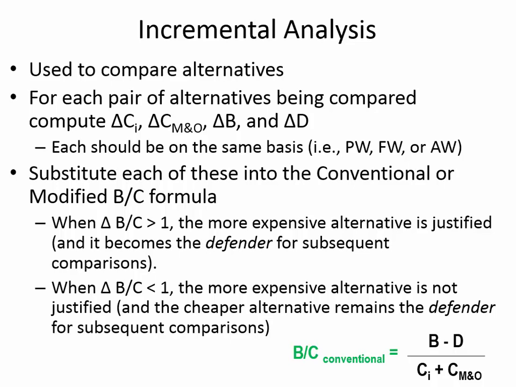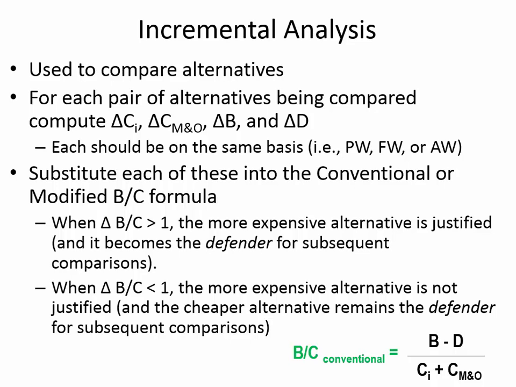It wouldn't work, it wouldn't make any sense if the initial costs were at the present and then the maintenance and operation costs were on an annual basis. We'd be adding money at different times. And we have to have all of the money at the same time before we can calculate the ratio. And the same is true for the incremental analysis. When you're comparing option A and option B, you need to take all of the costs to the same time before you can compare the two options. Okay, so we're calculating increments, taking them to the same time, and then we substitute into the formula,